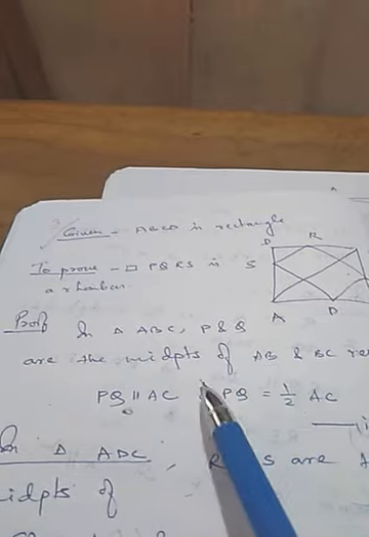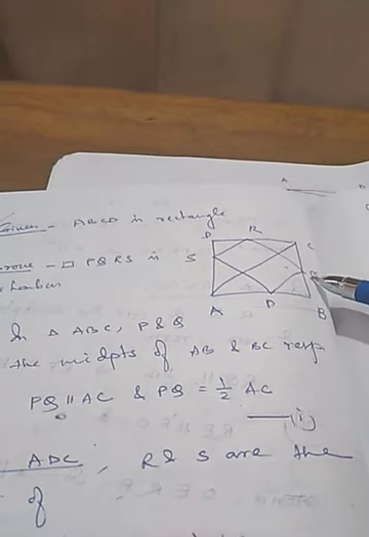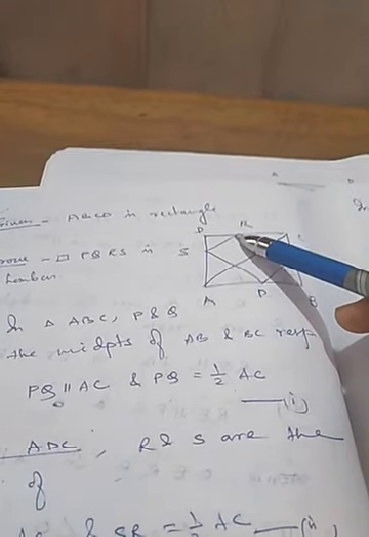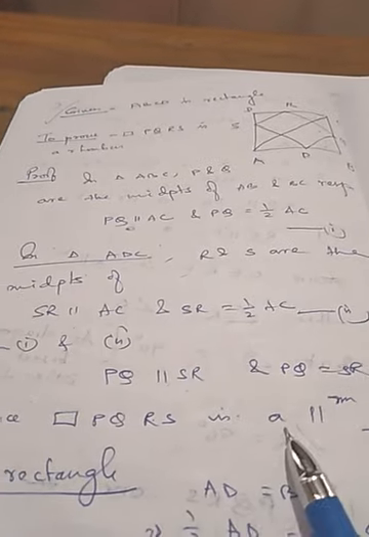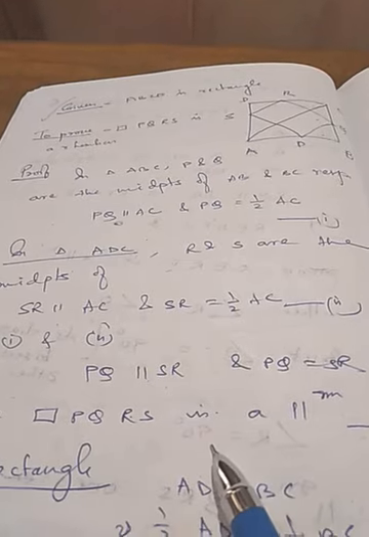Now same way, first of all we have to prove that it is a parallelogram, as we have done in question number 1. In triangle ABC we have written that P and Q are the midpoints of AB and BC, therefore PQ is parallel to AC and half of AC, and at the same time you take this triangle ADC and here also you prove SR is parallel to AC and SR is half of AC. So therefore PQ is parallel to SR and PQ equals SR, therefore PQRS is a parallelogram, since a pair of opposite sides is parallel as well as equal.